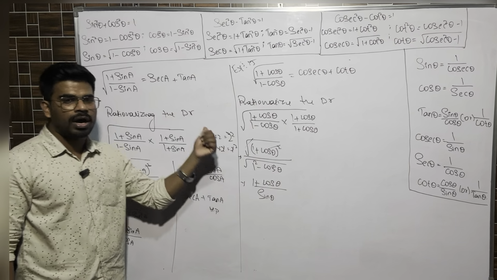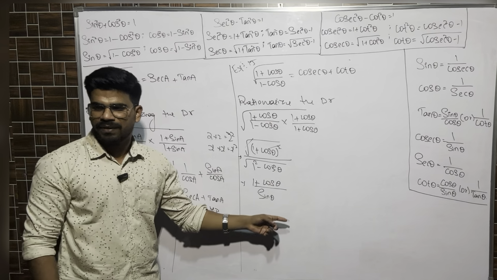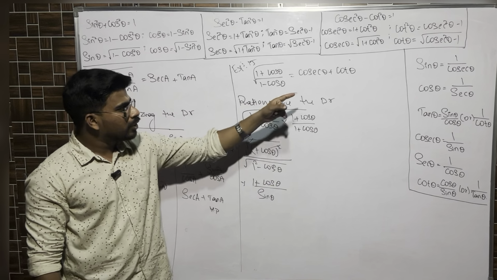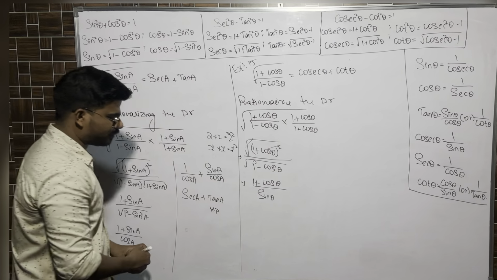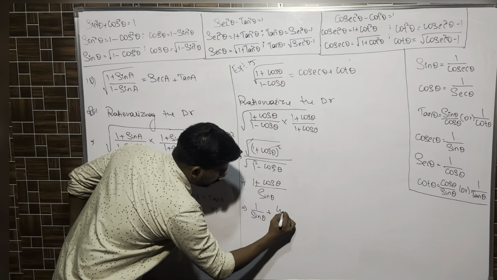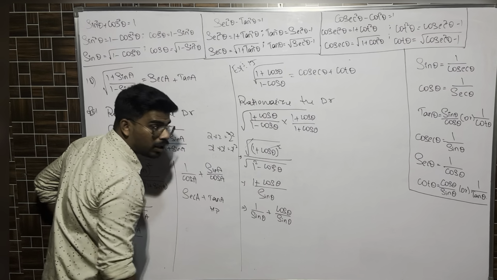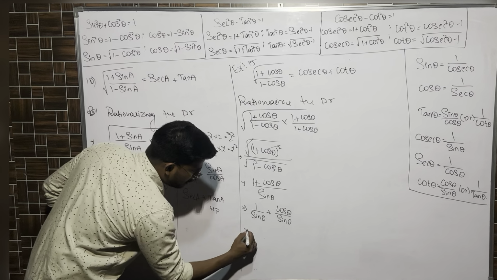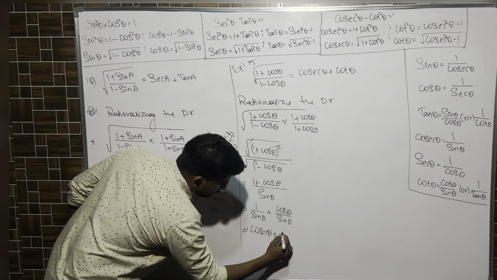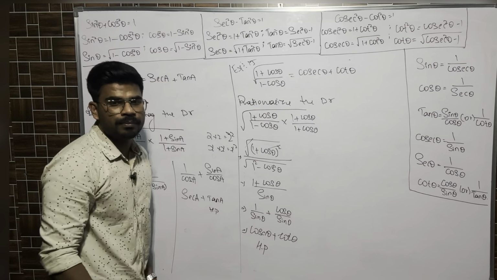That's why 1 minus cos square got converted into sine, and sine will be split for 1 as well as for cos. 1 by sine, cos by sine. 1 by sine is nothing but cosecant. Cos by sine is nothing but cot. I'll split the sine over here. It will become 1 by sine theta plus cos theta by sine theta. I am giving the sine theta to 1, giving the sine theta to cos as well. 1 by sine is nothing but cosecant theta, plus cos by sine is nothing but cot theta. Hence proof.